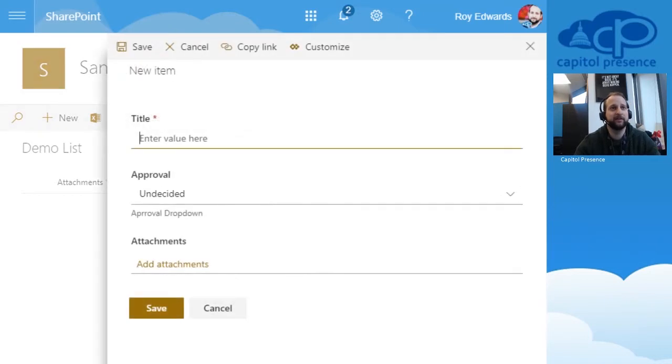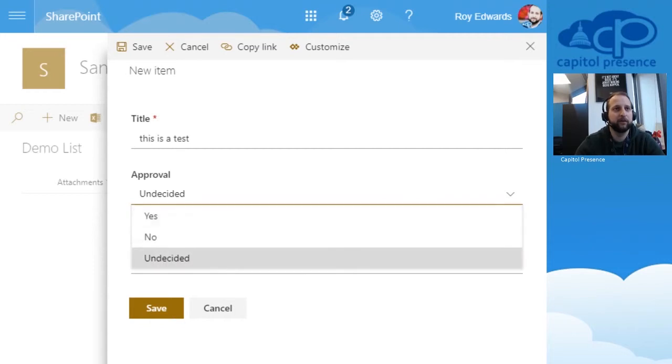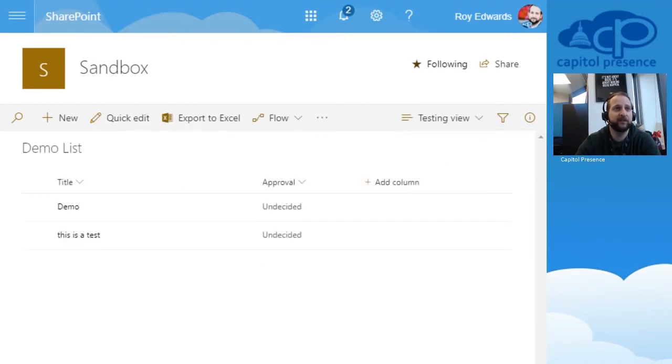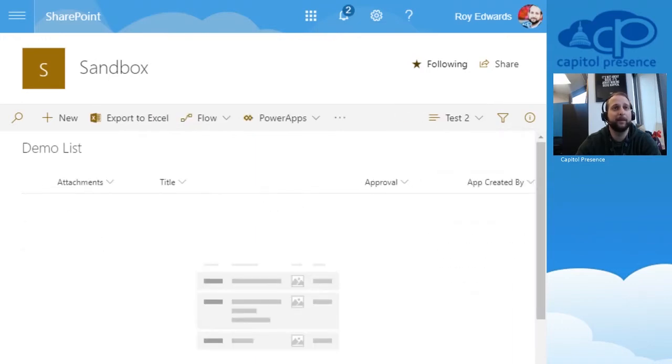So if I were to create something, this is a test. Approval is undecided, no attachments. I'm going to go ahead and hit save. And now, once it loads, we should be able to see that and it should pop up into this view. So if we were to switch views and go into the testing view, we see demo was a previous item and this is a test. If we go into all items, it's there as well. And then if we go into the test 2, I should see the other one, but